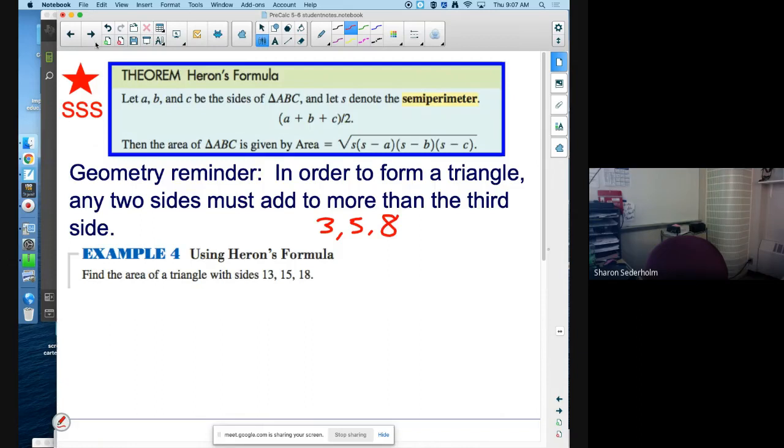and say, can a triangle be formed with these sides? If so, use Heron's formula to find the area. We would have to say what? Can't form it. 3 plus 5 is equal to 8. It's not greater than 8. There's no triangle that's going to form there. So again, like I said, I was thinking about it last night. I don't know if it's in the ACT prep that the other classes do or the MCAs, but it's an important reminder. Any 2 sides of a triangle have to add to greater than the 3rd side. So now